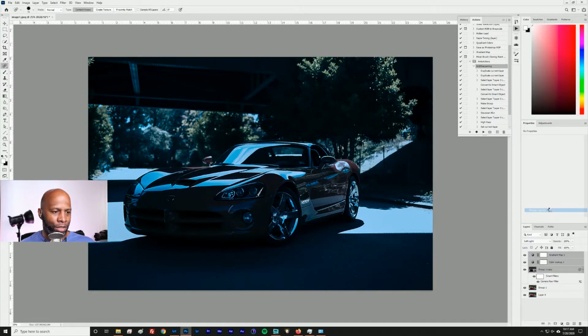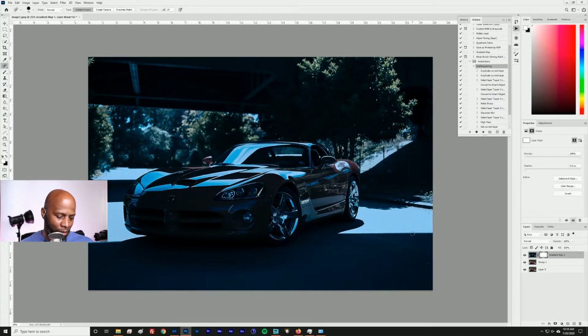Let's see. So merge layers. There we go. And then I'm going to click on the layer mask button here at the bottom right. And then I'm going to grab my paintbrush. That's B on my keyboard. And over here, I'm going to make sure that the paint is set to be black and not white. Okay. Because when you use black on a layer mask, you're brushing away the top layer that you're on to